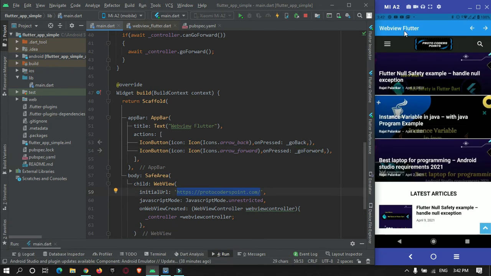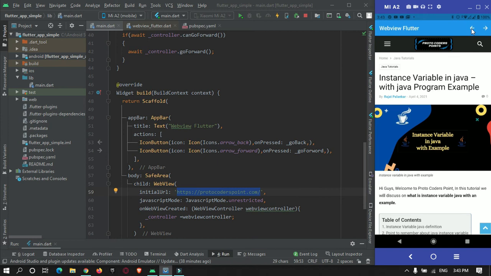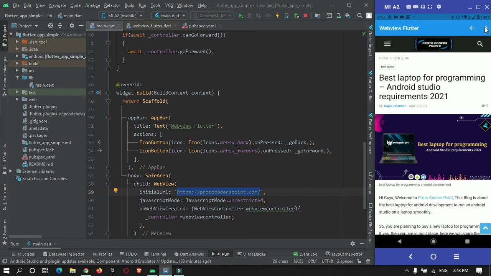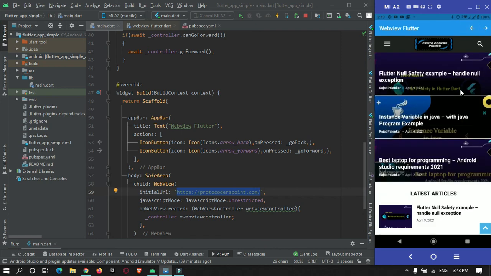Our website got loaded. If I go to some article and press go back, the back is possible and the previous page will get loaded. Then forward, backward, and home page work too.